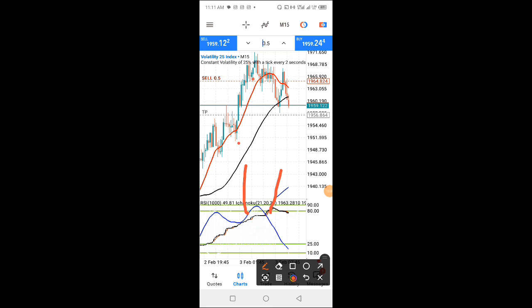We want to see price close below the envelope line on the main chart, because that envelope line is telling us that there is momentum towards the downside. Once price closes below it, what we'll be waiting for again is an area of interest, a possible area of exit. So you will notice that if your stop loss is around this point,